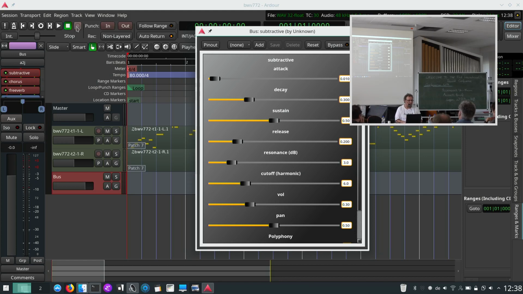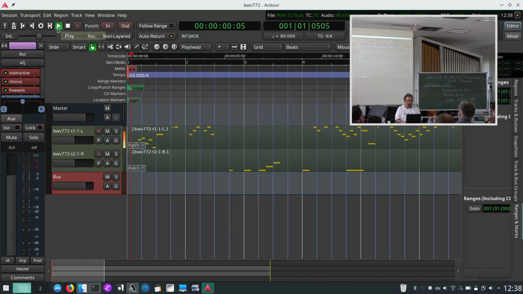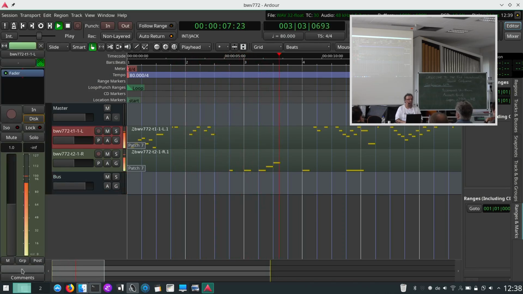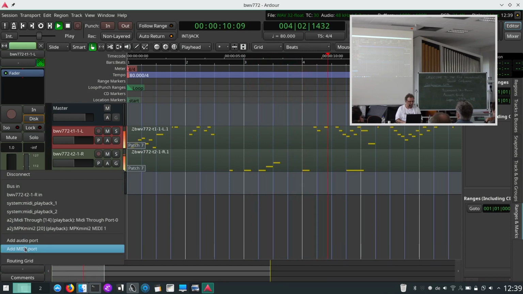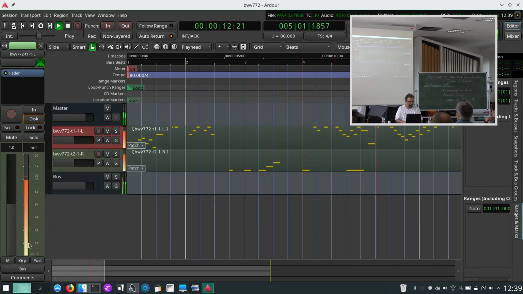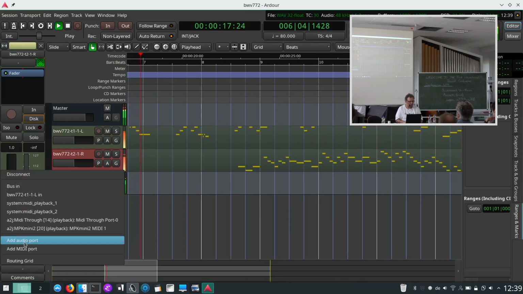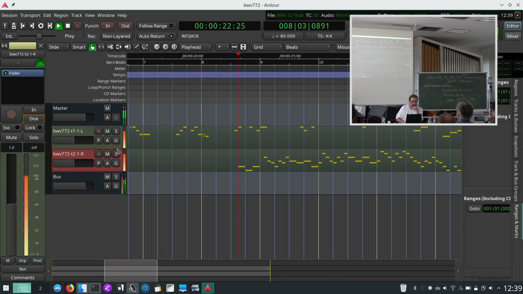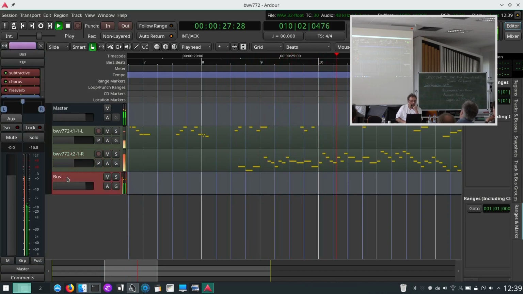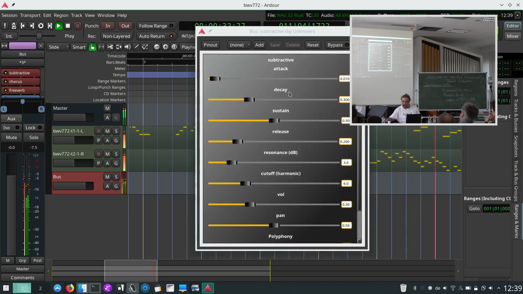Never mind. So let's play this patch again. And now I don't have output anymore. Why don't I have output? And it forgot its MIDI routing. Actually, all the interesting stuff is here on the bus, and same